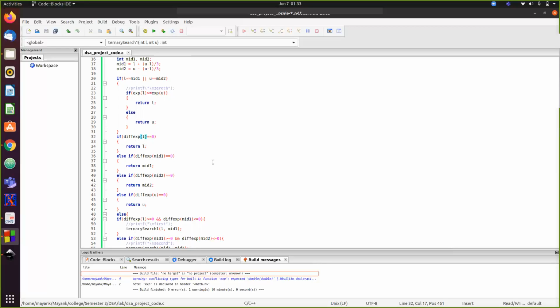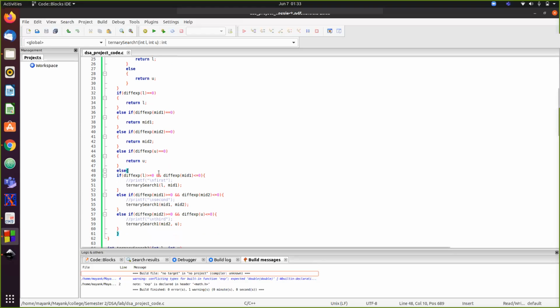So the characteristic of maxima is that whenever we slope the maxima or the minima, we get the slope as 0. So in that case, we can be rest assured that the point is either a maxima or a minima, in which case we will return it. So this is just the code for that. And otherwise, if none of the above conditions are satisfied, then we are pretty sure that we are going to implement some of our recursive functions.